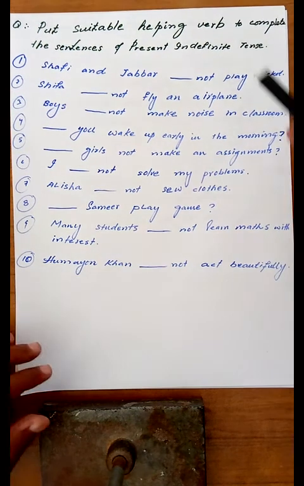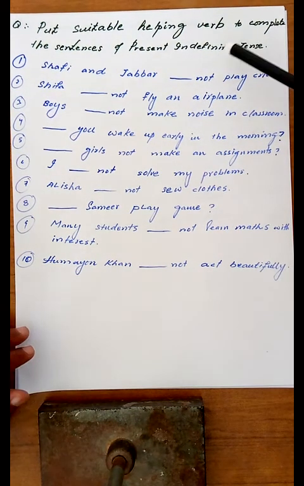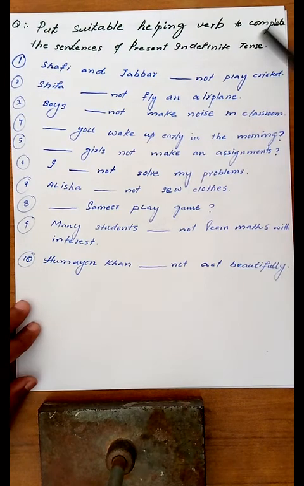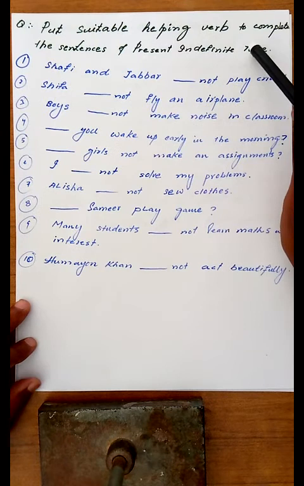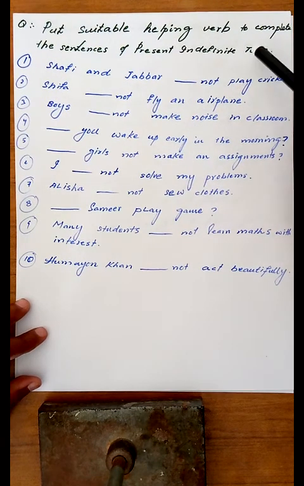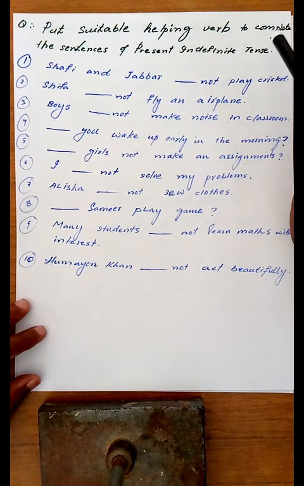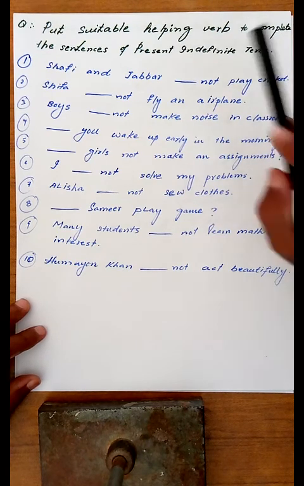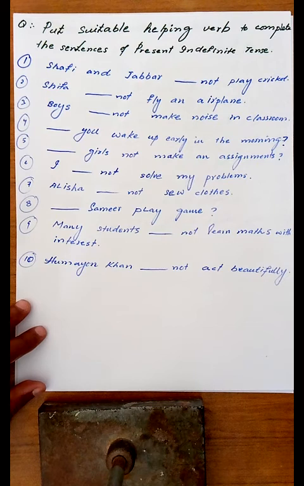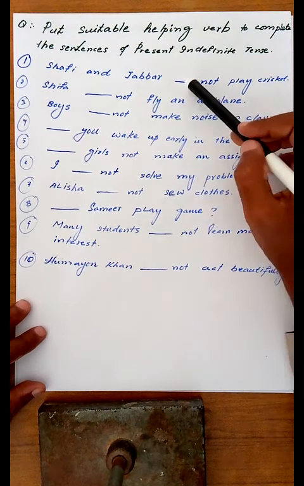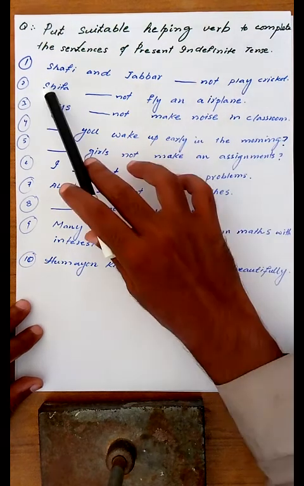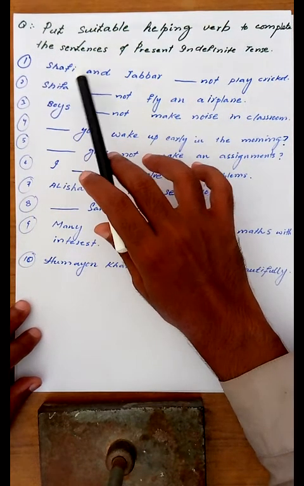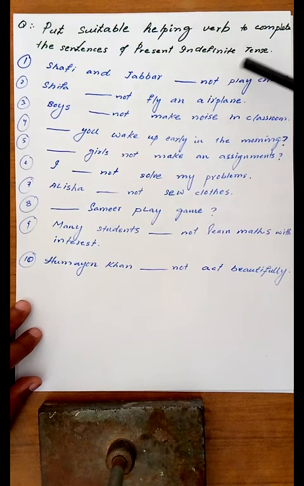So first of all, as you are watching on the screen, this is the question: put suitable helping verb to complete the sentences of present indefinite tense. As we have read, helping verbs of present simple or present indefinite tense are do and does. You have to put suitable helping verb in each sentence to complete it. Okay, I am reading the first sentence for you. Number 1, Shafi and Jabbar dash not play